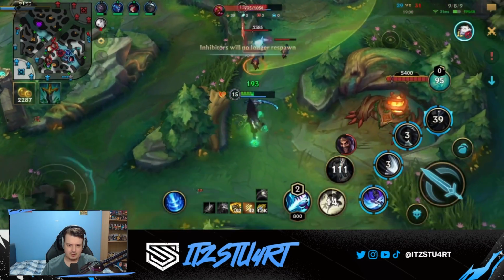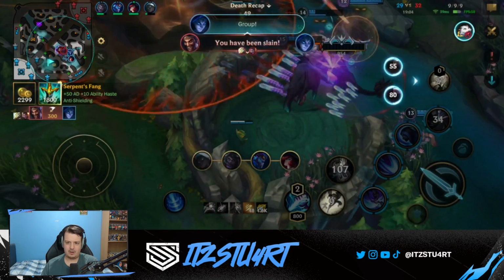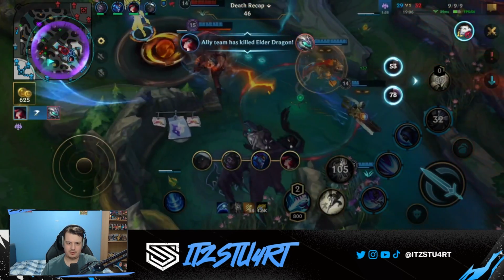Do I survive here? I can't remember. I don't think I do. No, Collector gets me. Do we get the Elder Drake? I think we do. Yeah, we got the Elder Drake, but...